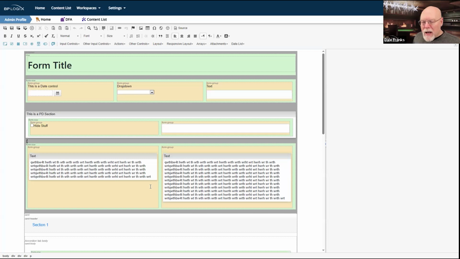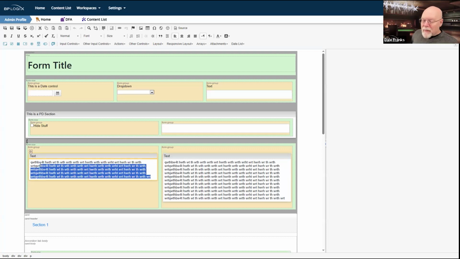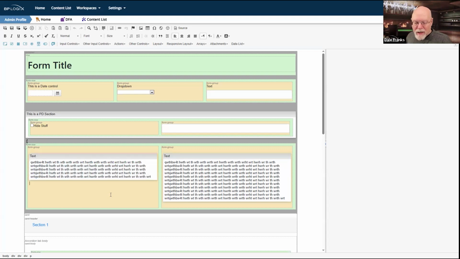I don't necessarily have to use, again, if I'm going to throw this section in here and I have all of this text, I don't really have to use the form row and the form group controls to display these. I only used them because I liked the styling and I wanted the break between the two controls. Because if I'd used a row and column controls, I wouldn't have got the same styling, and I wouldn't have been sure that I had this 10 pixel break between my two section controls.